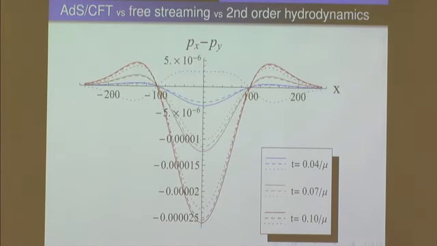Now, if you include a second order hydro correction, that improves the matching to hydro at later times. Originally, it makes the matching even worse. The dotted curve is the second order hydro curve, and at early times you don't even have qualitative matching. But at early times, the free streaming is matching very well. And at later times, you start to get first qualitative matching with the second order hydro, and then even the quantitative matching becomes rather good.